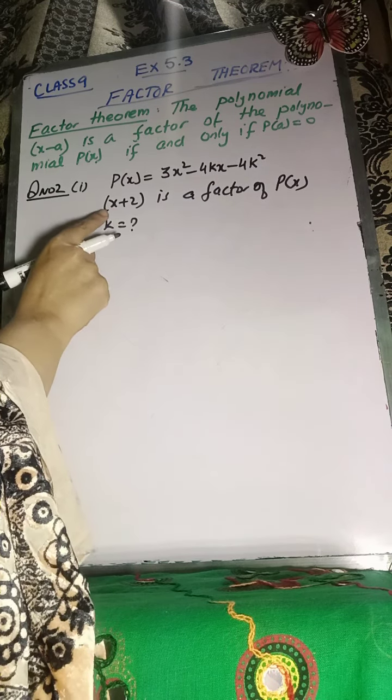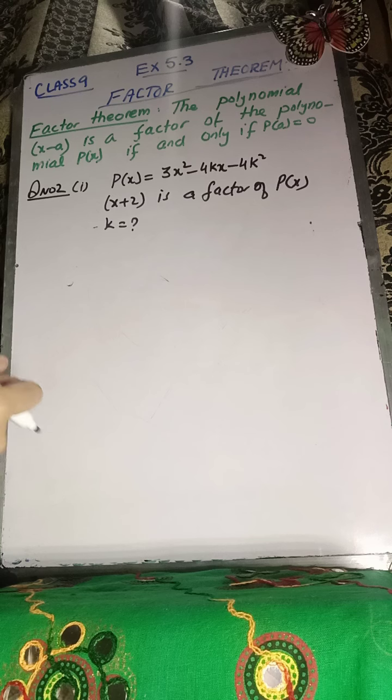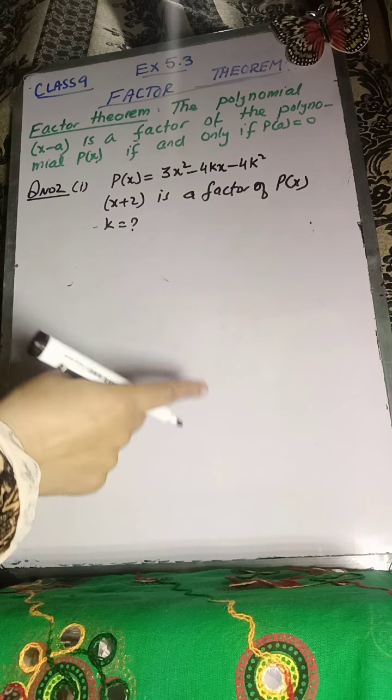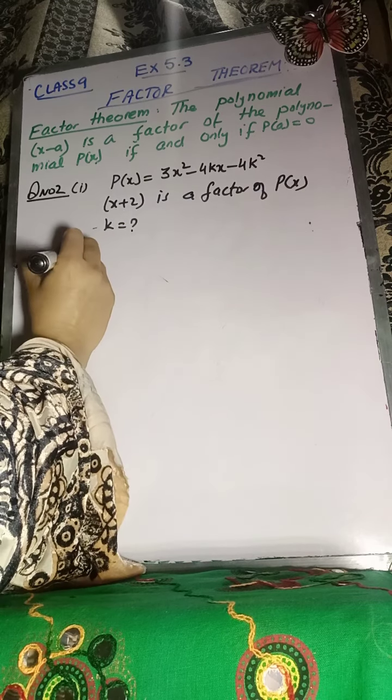Now if x plus 2 is a factor of this polynomial, it means that the remainder after this polynomial is divided by x plus 2 should be equal to 0. So what we are going to do is find the remainder by using the remainder theorem, and after that put that remainder equal to 0, because x plus 2 is a factor of this polynomial, so it should give a 0 remainder. So first let us find the remainder when x plus 2